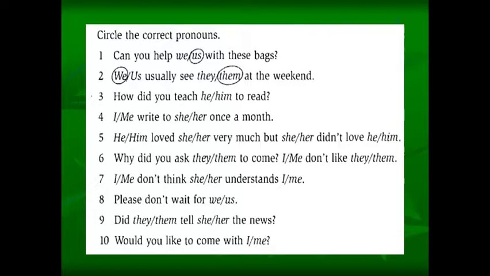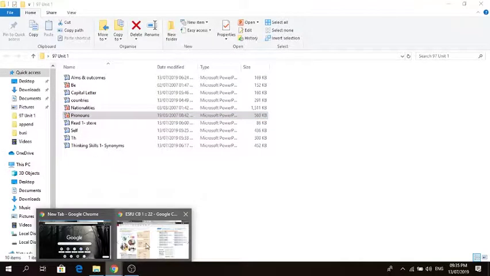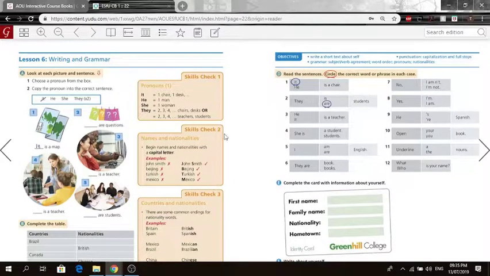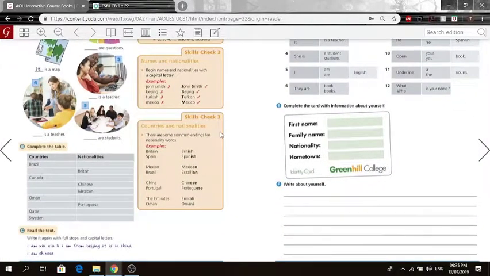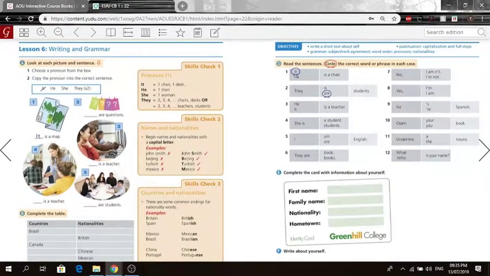Okay? Would you like to come with me? I can't say would you like to come with I because it's not in the beginning of the sentence. Okay? Hope you guys got that in a better way. I tried to change it up. And now let's move on to this number. Actually, no. We didn't even finish